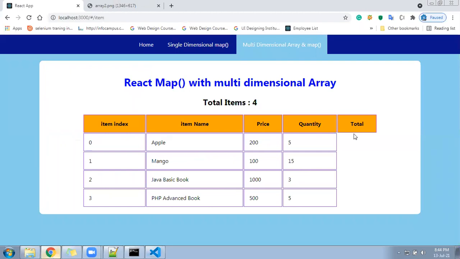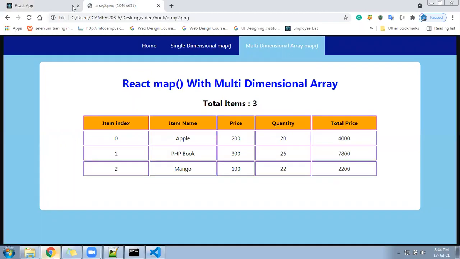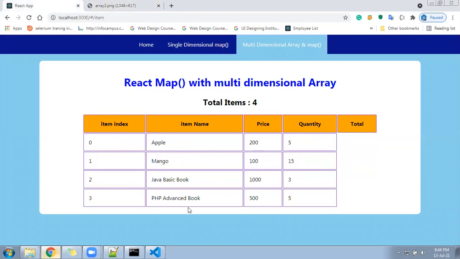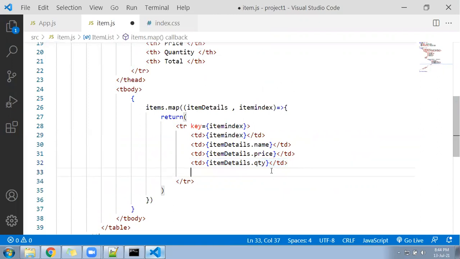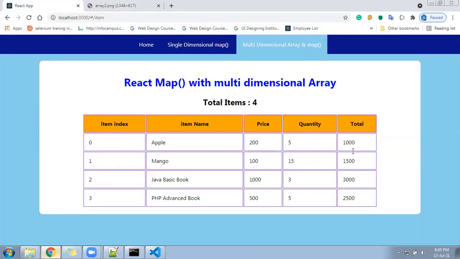Next one is what? Total. As per the target, the total is missing here now. Let's go ahead. So how to calculate the total? We have already got the quantity and price. Once we do the multiplication of quantity and price, we can get the total easily. So that we are going to do here. And this is our quantity into, just you do item details of price. 100% you will be able to receive the total. Now let me show you in the browser. Of course it's coming here, right?